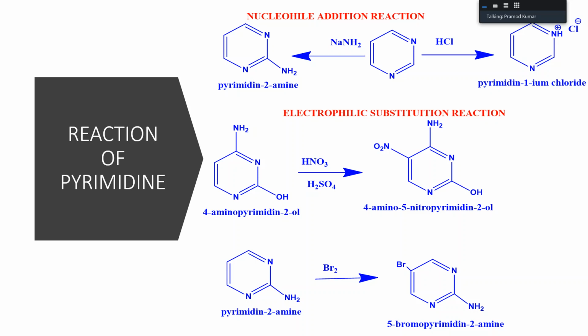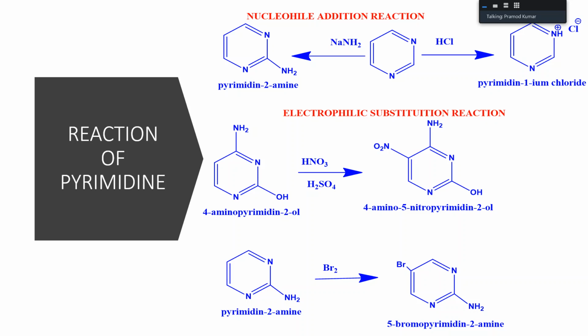So your electrophilic substitution reaction takes place only at the 5th position, and if there are electron donating groups in the ring, that favors the electrophilic substitution. So these are the things that have to be remembered. They are easily prone to nucleophilic substitution reaction. Pyrimidine favors nucleophilic substitution. That's why you should know the resonance structure.